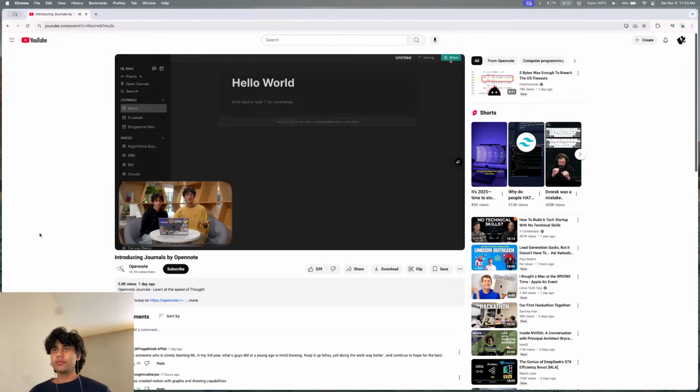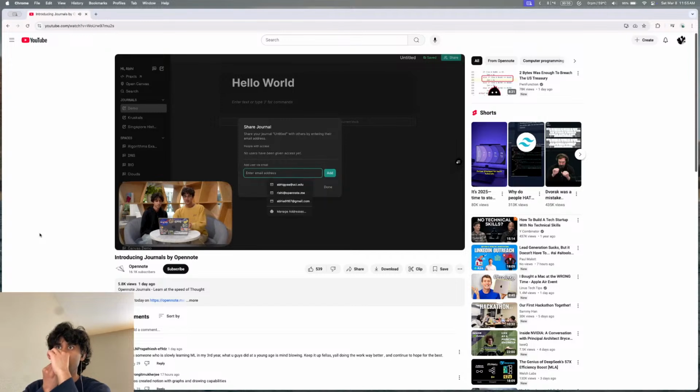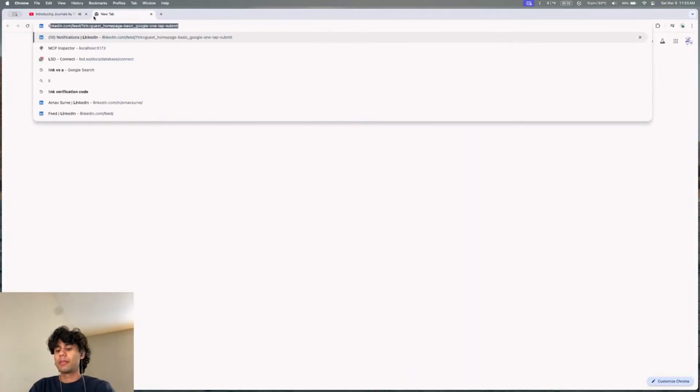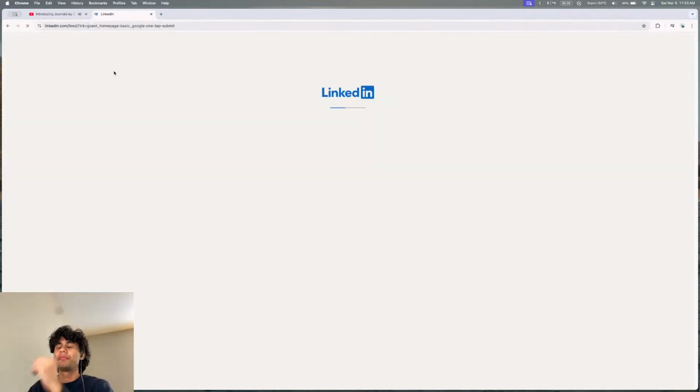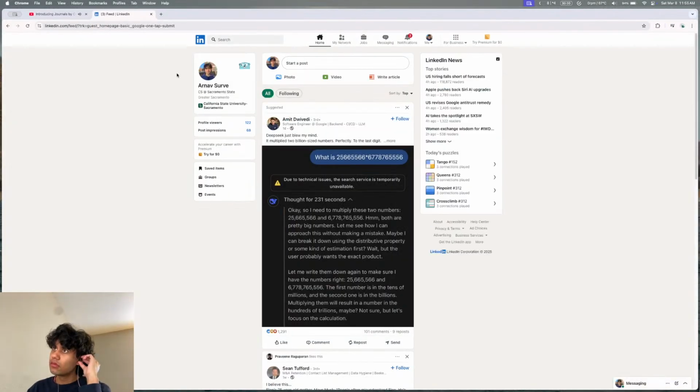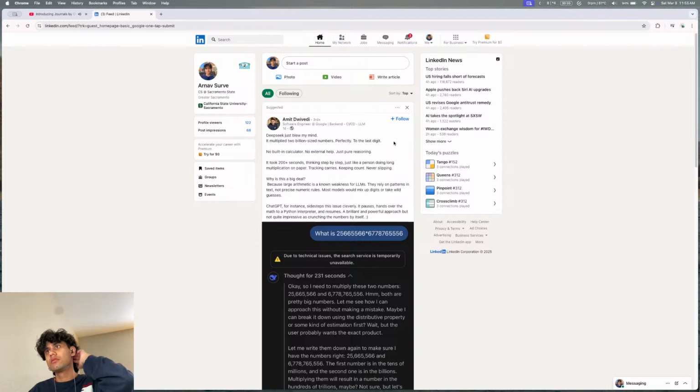What students can do to make their education more collaborative is start by sharing it with their friends. So I'm going to add Rishi to this journal right now. Once I send that in, we'll see in just a moment that Rishi will be added to it, and then he'll be able to access his journal from his end, and we'll also have real-time updates just like Google Docs, where students can collaborate within OpenNote.